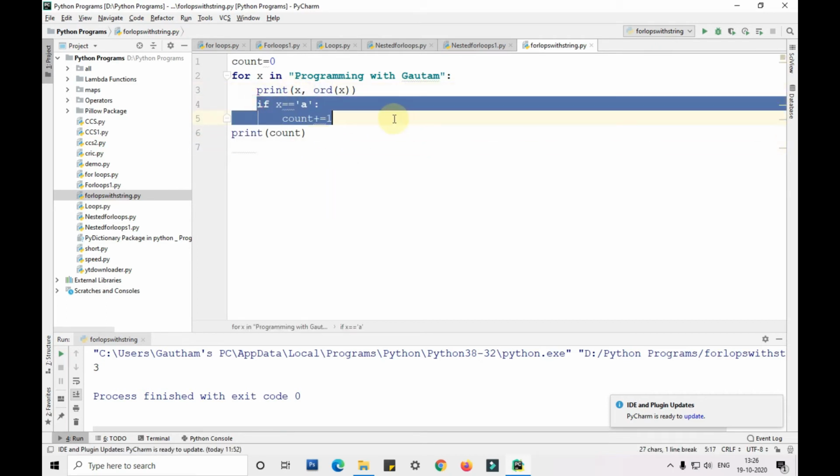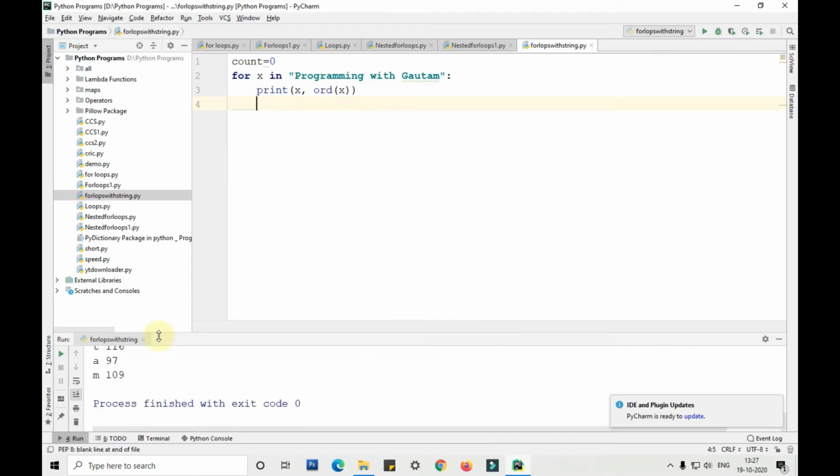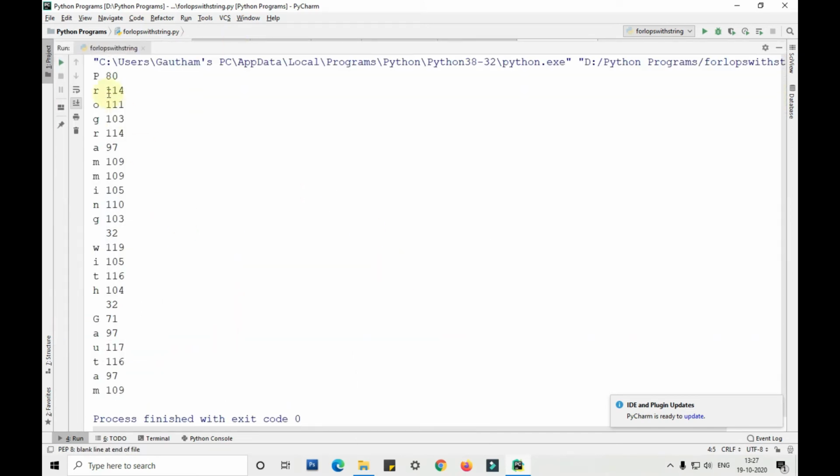I'll remove this since we already saw this. I'll remove this as well. When I run this program, you can see x with that character's ASCII value. You can see p, the ASCII value of capital P is 80, small r is 114, o is 111, and so on. Okay.